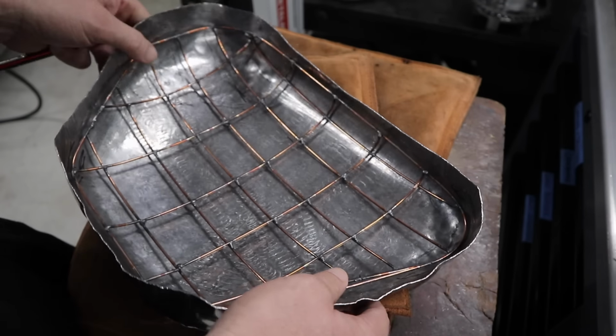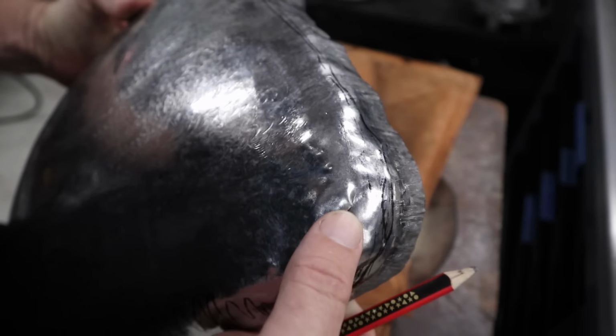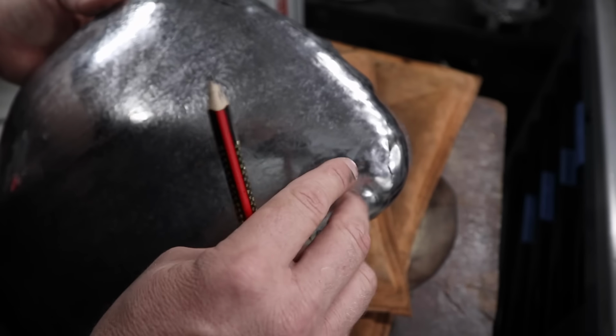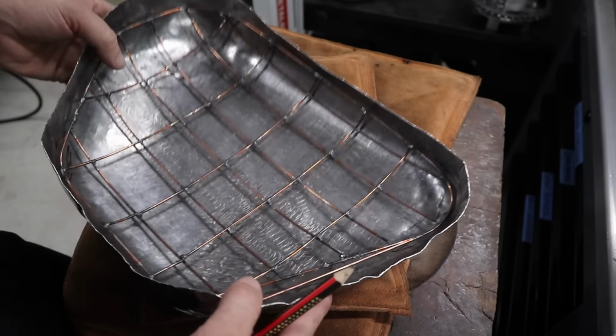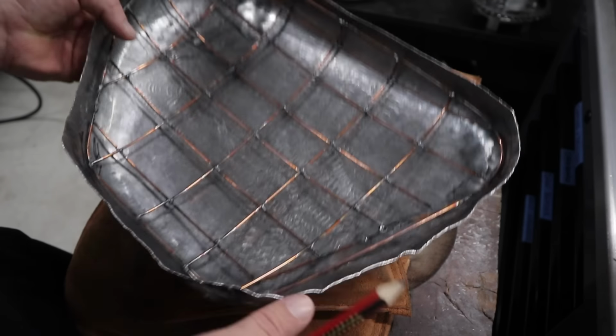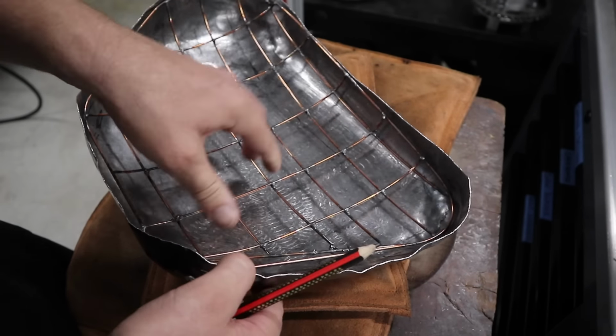That's what I've been doing, but unfortunately I was working the material way too hard trying to get that, and as you can see, I've split the material. I could potentially weld this up and then grind it down and keep going, but I have been working this area for a very long time, and I feel like I'm just going to be splitting that even more if I continue. So I decided to get rid of that completely,